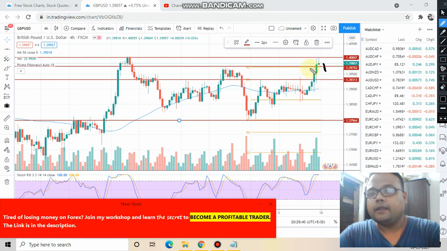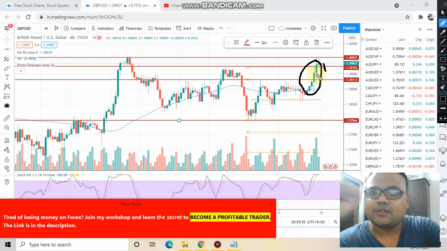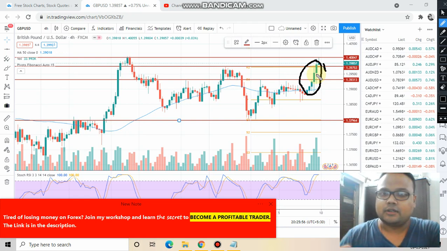But here we need to focus on these candles. Just try to understand the market psychology here. If you look at these candles, you can see that buyers were under very much pressure. They were so strong that they did not make a small red candle. They simply took the market from here till here. So buyers were dominating very much.